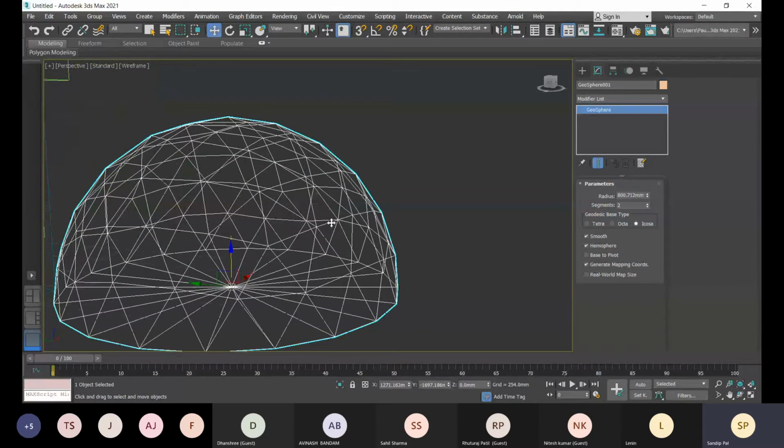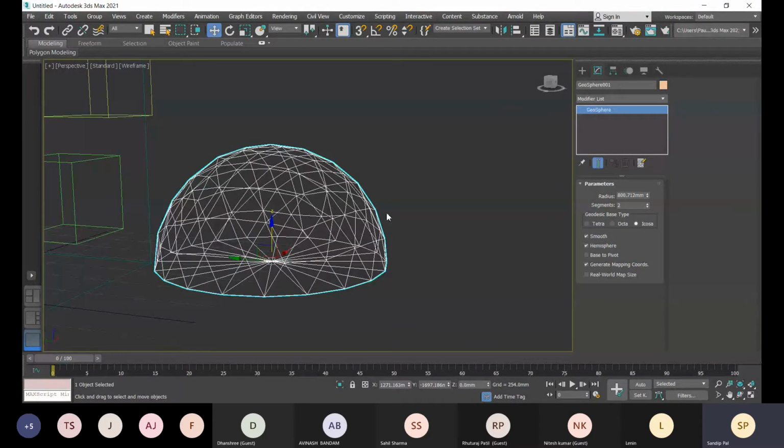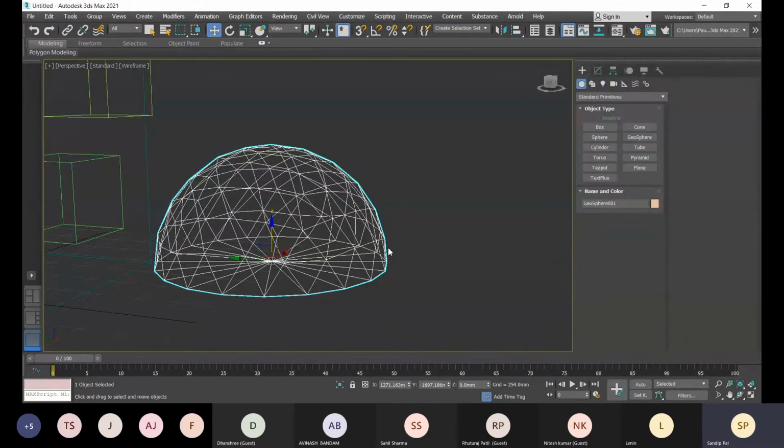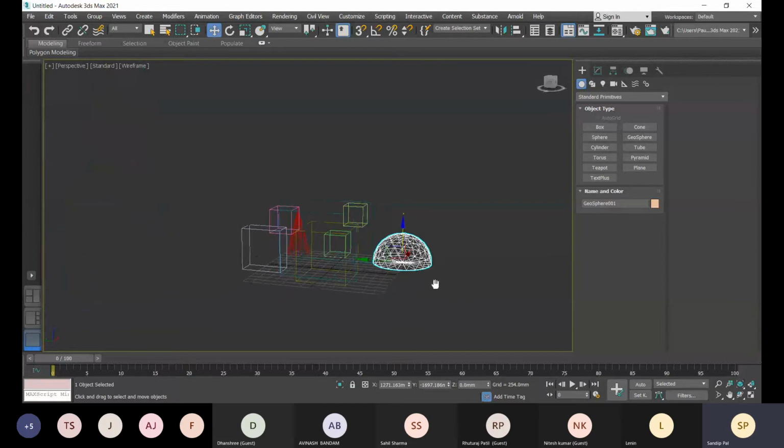So there is nothing limiting you to use this object only as this kind of model. So this is about geosphere.